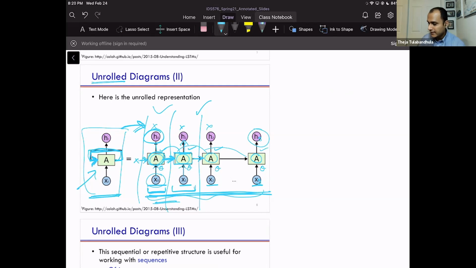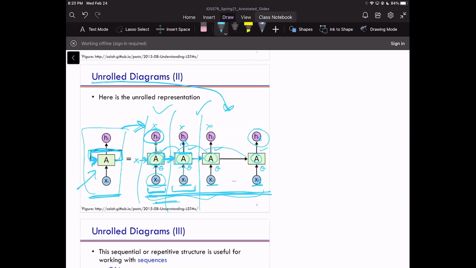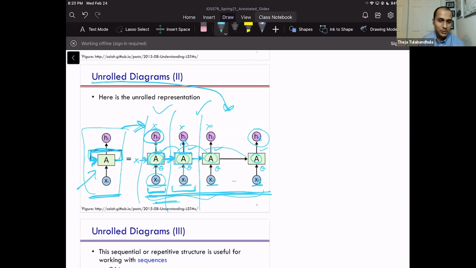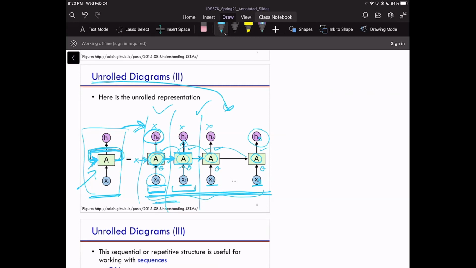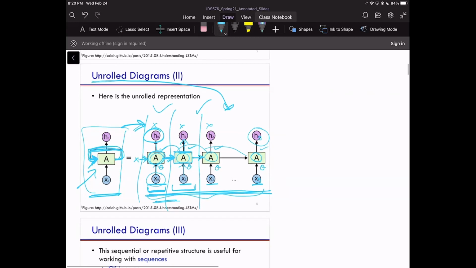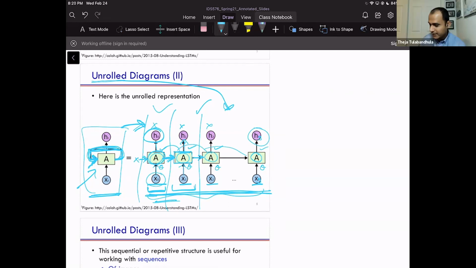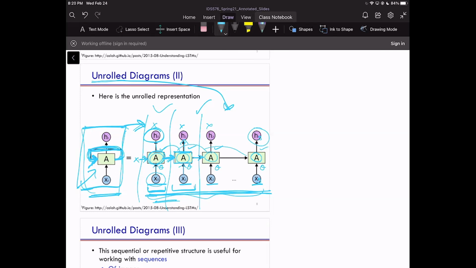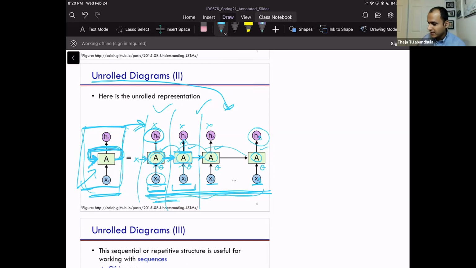So this right hand side is called the unrolled diagram. And the name recurrent just means this reuse, or this for loop, basically this arrow. I was thinking that you're actually taking the output and giving it back to the function as an input. That's exactly the point of this couple of slides, to say that we are not doing that. There would be some circular logic going on. How can you give an output again as an input? Yeah, exactly. So this is actually the diagram.